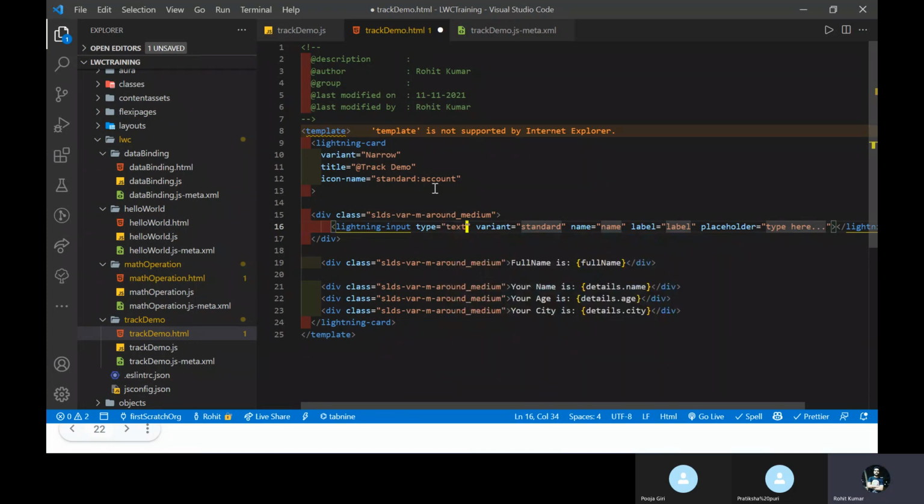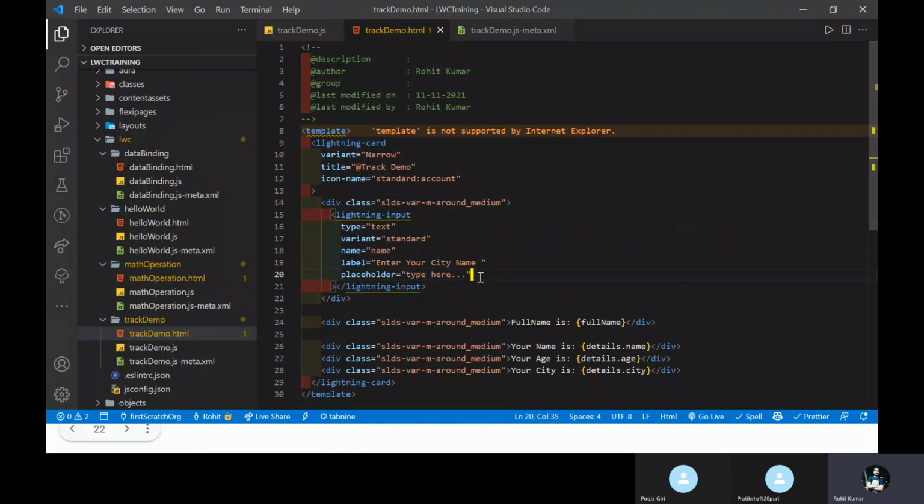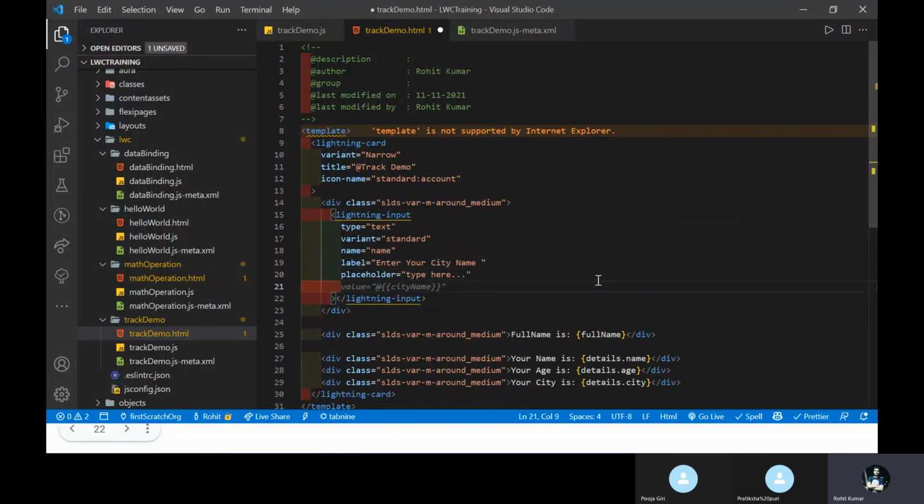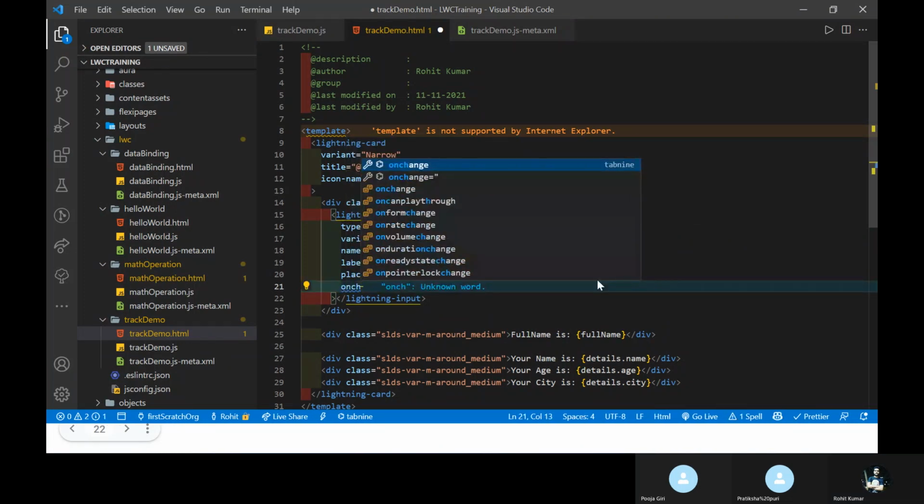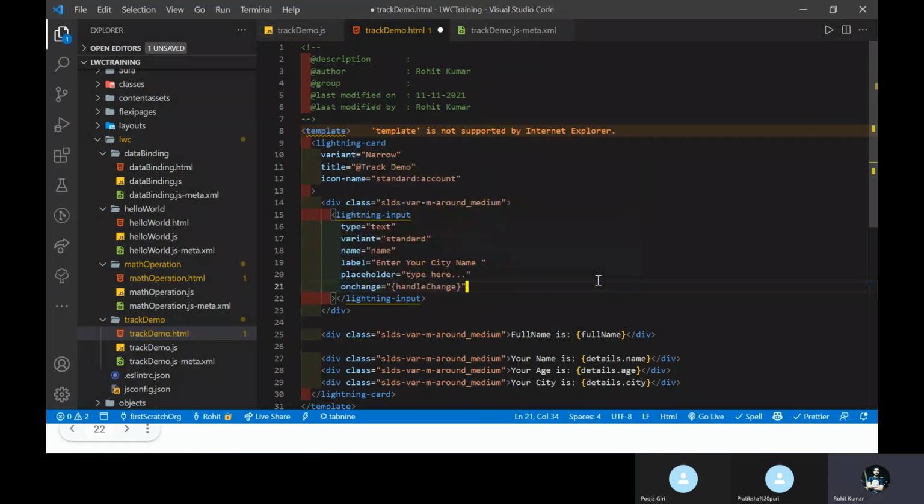The input type should be text, and the label is enter your city name. Always remember, once you use any input, always use onchange, like onchange equal to handleChange. Remove the double quotes because there is no need for them in LWC.